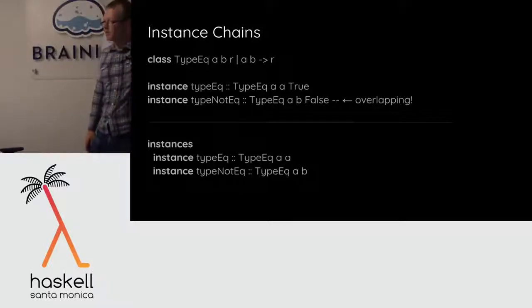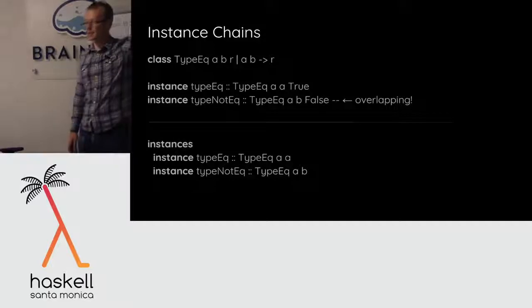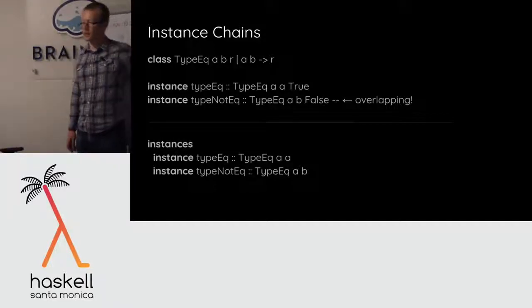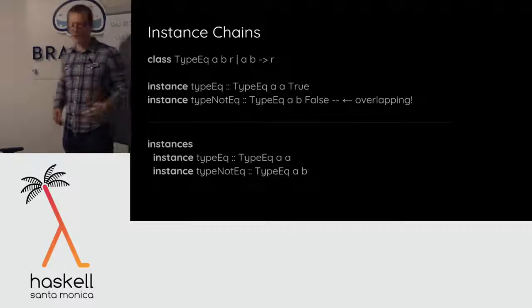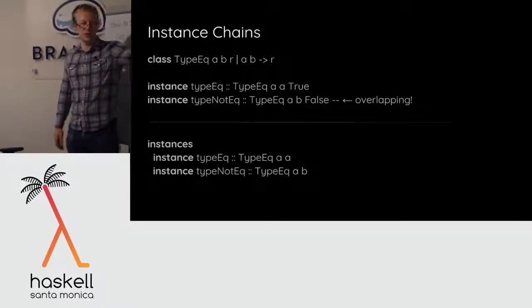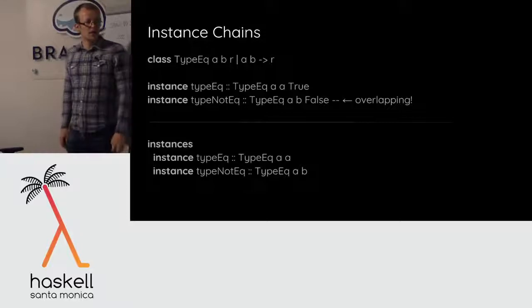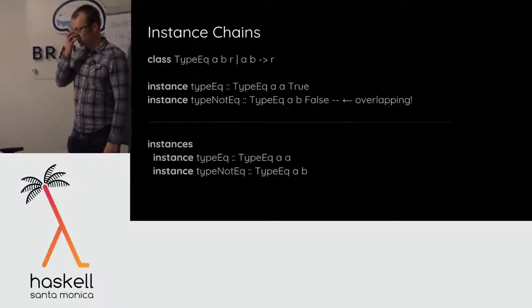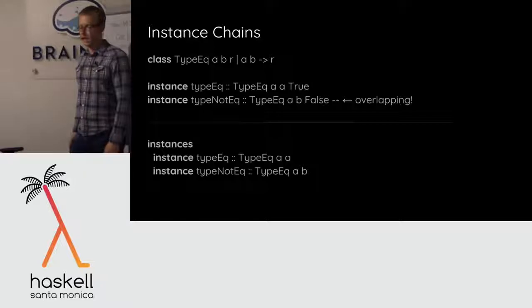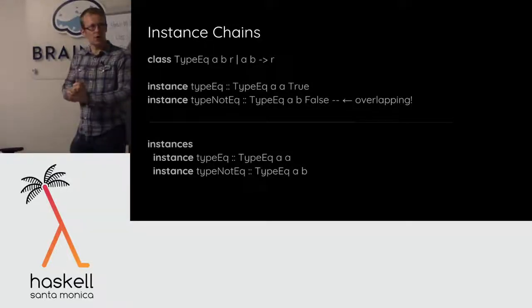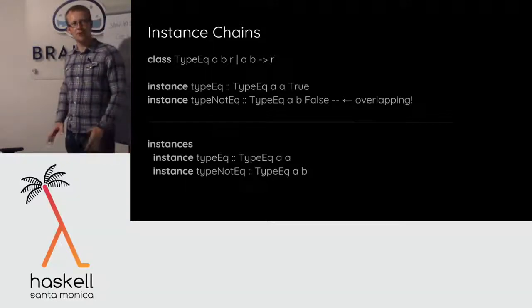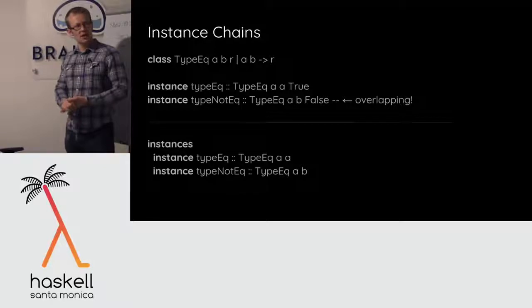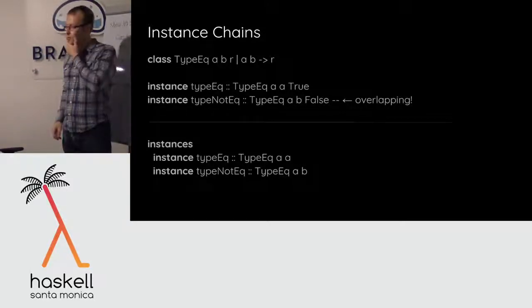You might say, oh, true and false don't unify, but the problem is there's a functional dependency, right? So I only have to know A and B in order to choose that instance. So what instance chains do is let you put an ordering on your instances and make a chain out of them and say, try this one, then try this one, etc. There's a lot of different ways, and actually there was a really nice post yesterday, I think, on Reddit Haskell, a proposal for apartness constraints, which is an alternative to this, and there's a whole bunch of different alternatives, but we'll try and decide what the best one is, and we'll go and implement something like this.